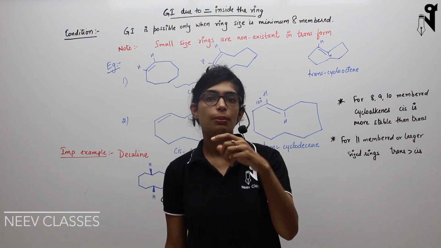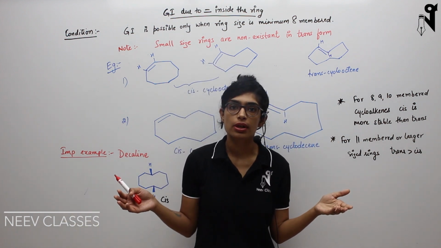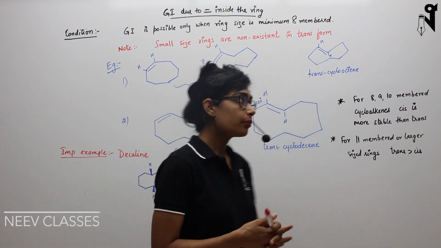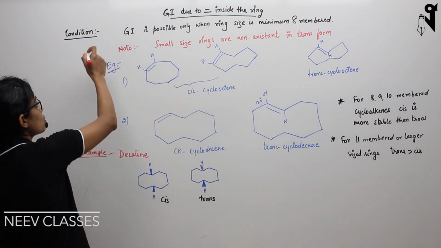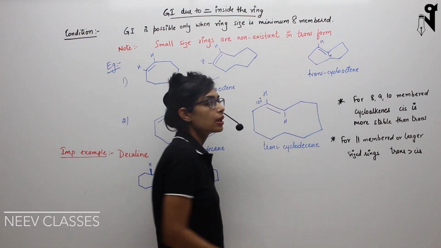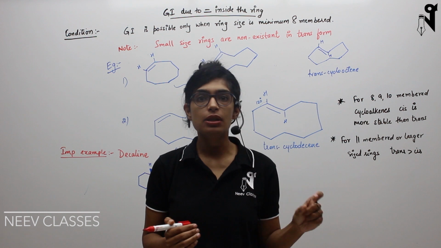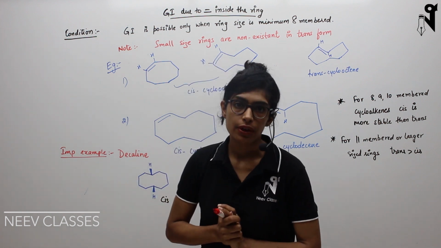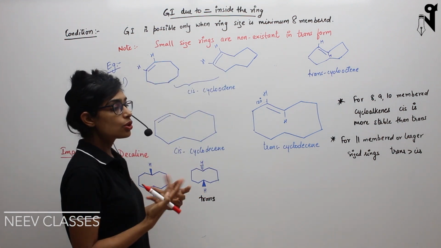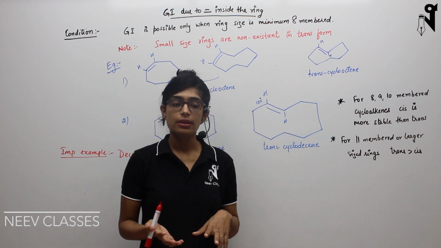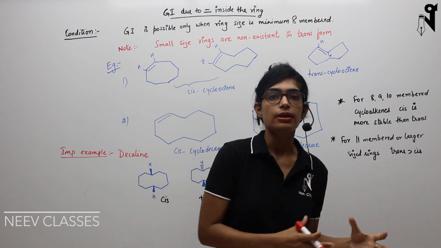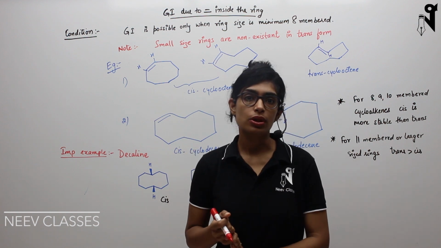Basically, carbon double bond carbon, the same way how in the normal straight chain it shows cis and trans isomerism, in the bigger rings it tends to show cis and trans isomerism. So in which kind of rings does it show GI? GI is possible only when the ring size is a minimum of 8 membered. Any ring below 8 membered, if it has a double bond, is not going to cause any GI. Moreover, there are two different forms in which GI can exist: one is cis and one is trans. In some rings, the cis isomer is going to be more stable than the trans, and in some rings, trans is going to be more stable than cis.